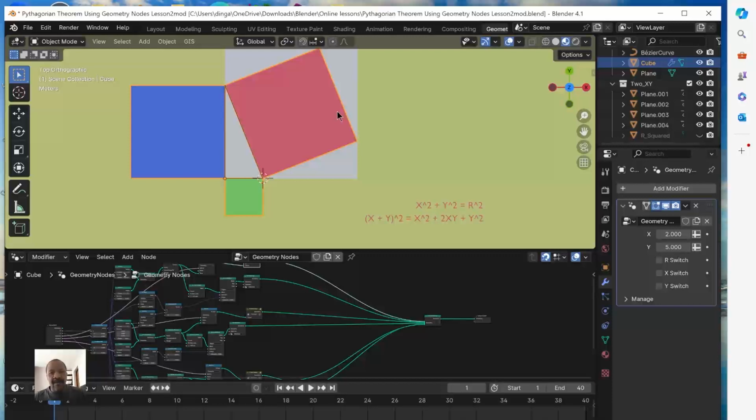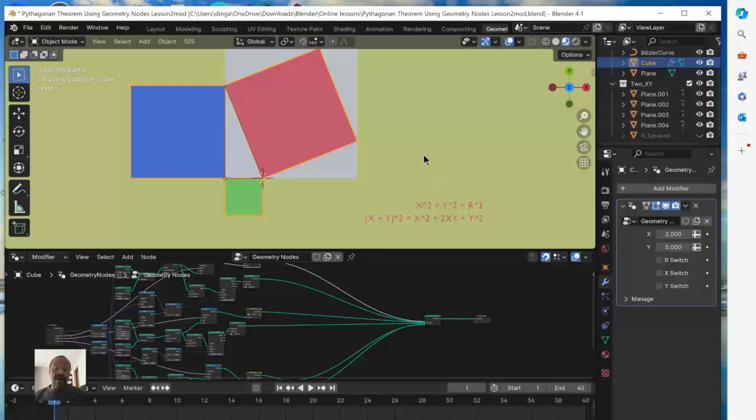So now if I'm left with only the red part, it means I'm left with r squared, because this red is our r squared. Therefore, that implies that x squared plus y squared is equal to r squared, because it is less 2xy, and 2xy is the white part. So that is just as simple as that